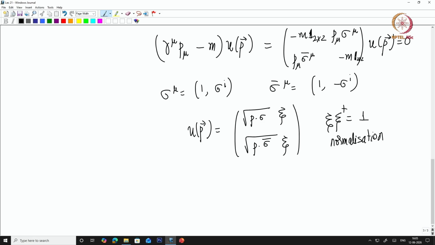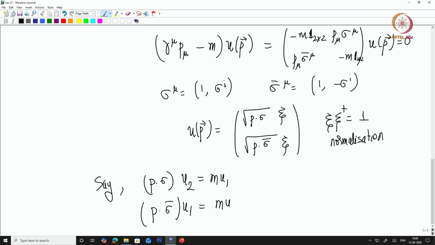Now, similarly we can ask the question, what happens if you have a negative frequency. Sigma bar is this one, sigma bar mu is equal to this one essentially. Now, let us say P dot sigma u2 is equal to m u1 and then P bar sigma bar u1 is equal to m u2, assuming